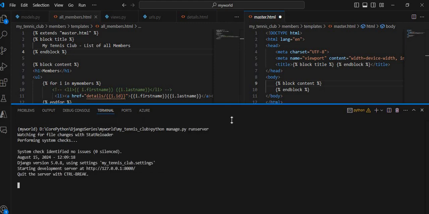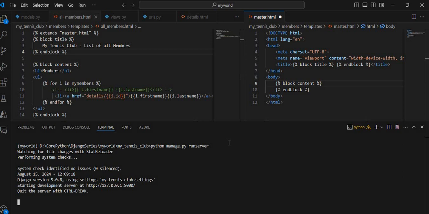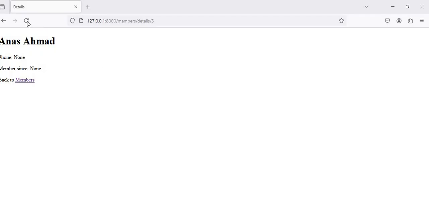Let me run the server again. If your server is running already, no need to run again and again. So after this, if I refresh this,